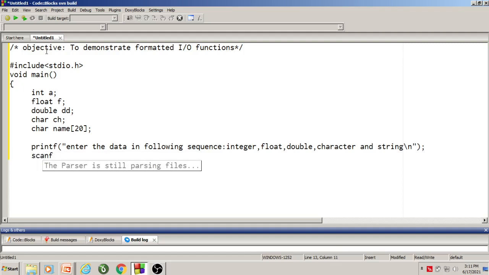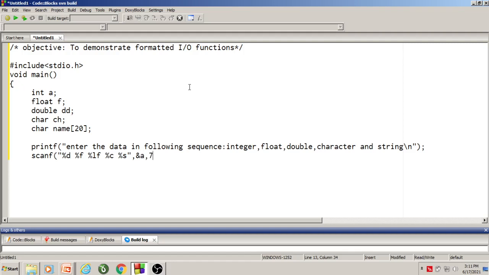Next I write a scanf statement to read different types of data. Here I specify %d for reading integer type of data, %f for floating type of data, %lf for double type of data, %c for character type of data, and %s for reading string type of data. And I use the ampersand symbol to represent the address of the memory location.